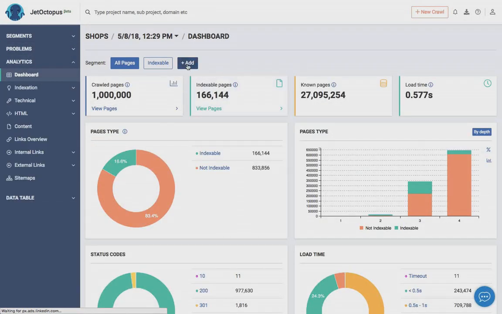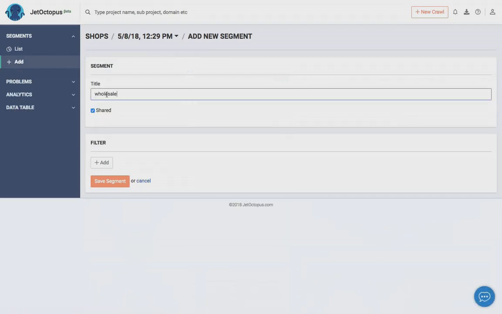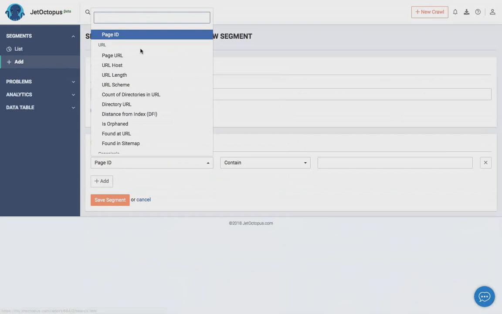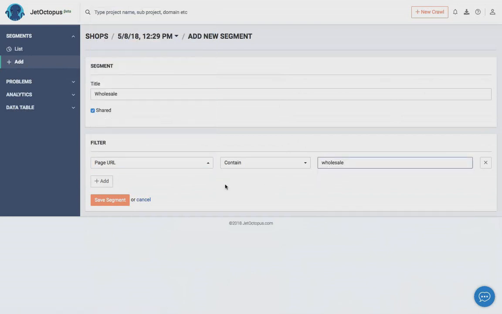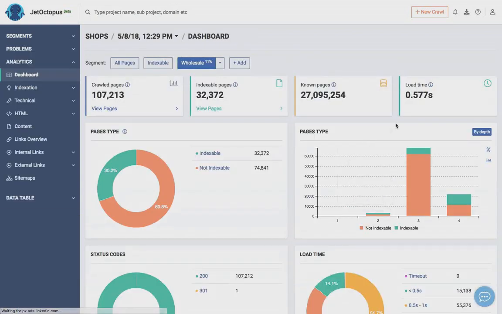Now we are in the analytics section and we want to add a wholesale segment. We click Add a Segment, name it Wholesale, and add a filter that the page URL should contain wholesale. Save the segment. Done. The calculations are made in no time, and we see that it contains 107,000 pages, 32,000